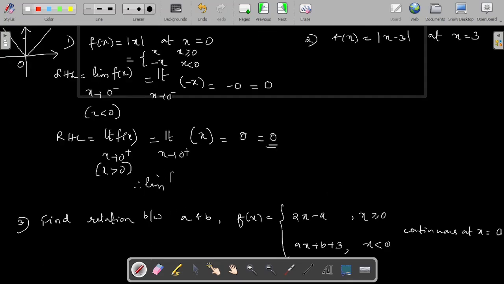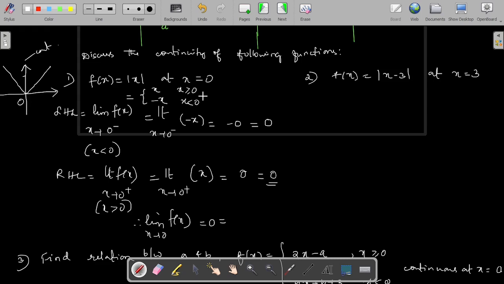Therefore, limit of f of x as x tends to 0 equals 0. Is it the same as the value of the function at x equal to 0? What is the value of the function at x equal to 0? When x equals 0, the function is x, so the function is 0. Hence, this is f of 0. The function value at the point 0 and its limiting value are both equal, and the function is continuous at x